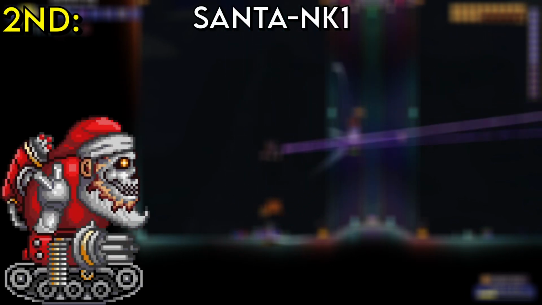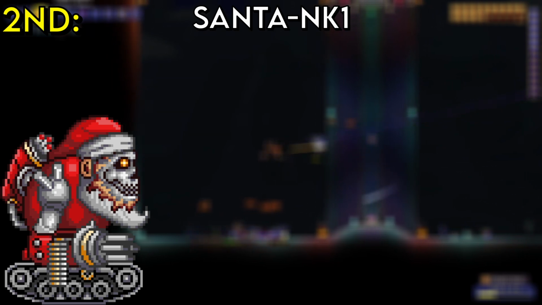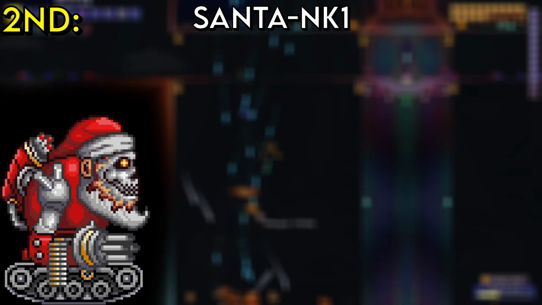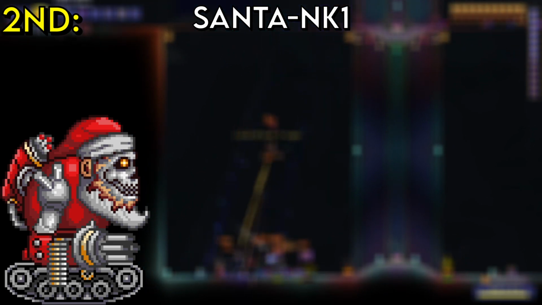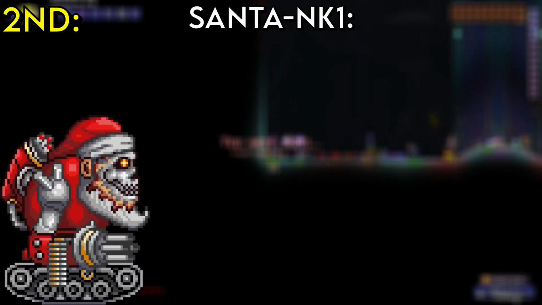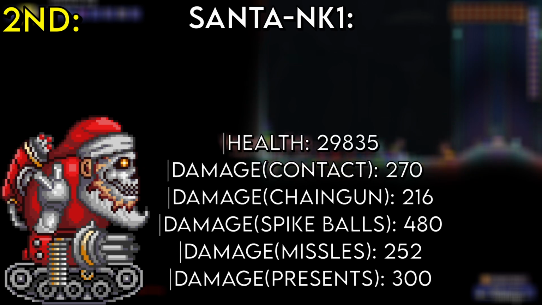This next enemy is arguably the most capable damage dealer of all of the enemies listed. Coming in at the number 2 spot, Santa NK1. This is the Frost Moon's second mini-boss, and it is one of the most insane damage dealers in this game. Let's go ahead and list off why he's so powerful. Number 1, everything. While the Everscream was rolling up with 21,000 health and about 38 defense, Santa NK1 is rolling up with almost